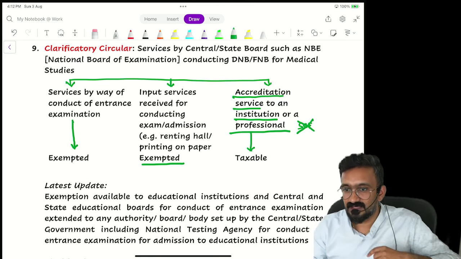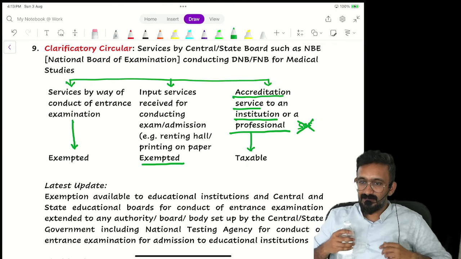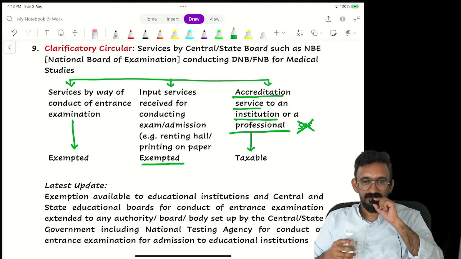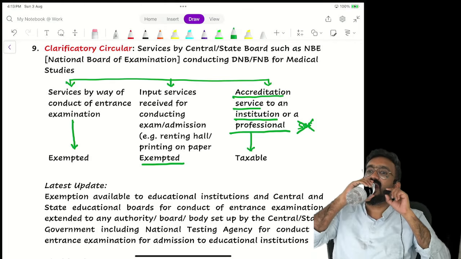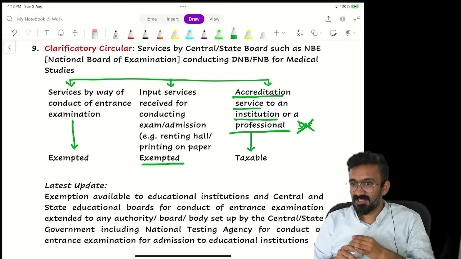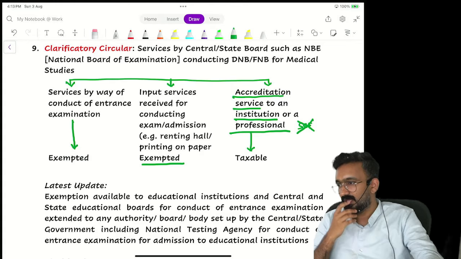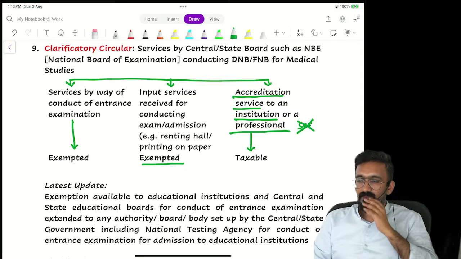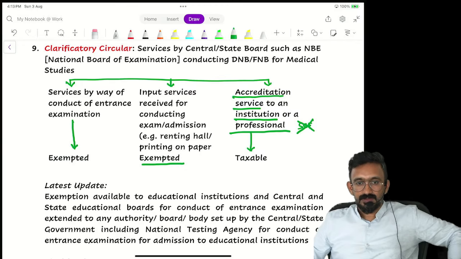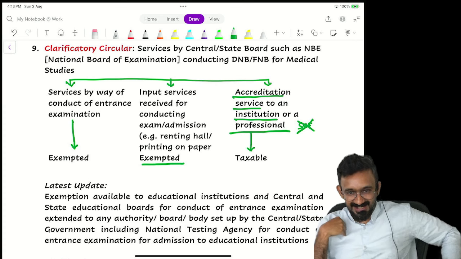Similarly, ICA, which category is it? ICA, second category. I am an ICA member. I pay a membership fee every year. Would it be taxable or exempt? Interpretation, guys. I gave you the tool. Use it. Okay, don't switch off your brain. ICA providing to whom will be exempted? Student, staff, faculty. What am I? Member. Am I ICA faculty?